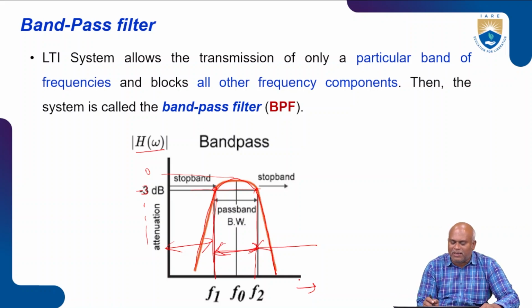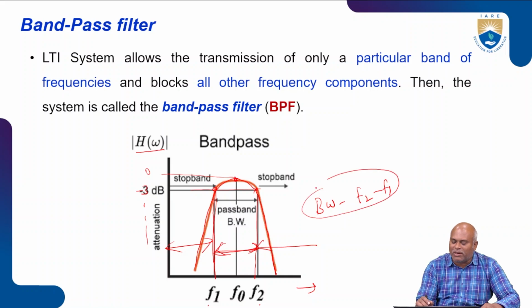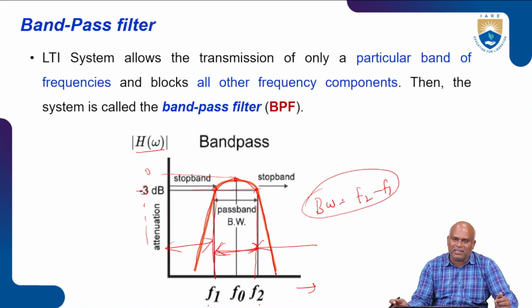In this band pass filter, there is a bandwidth, represented as F2 minus F1, where F2 and F1 are the two edge frequencies. Then the center point is called the Q point, and its frequency is F of 0. This bandwidth is very important in communication applications. Most communication applications use the band pass filter. Lower applications use the low pass filter, and higher applications use the high pass filter.